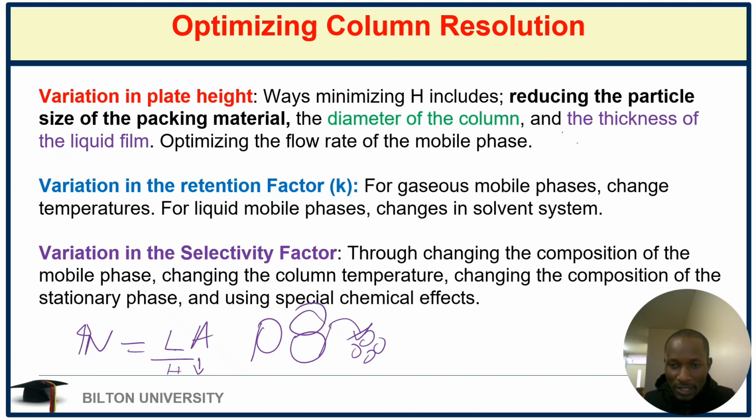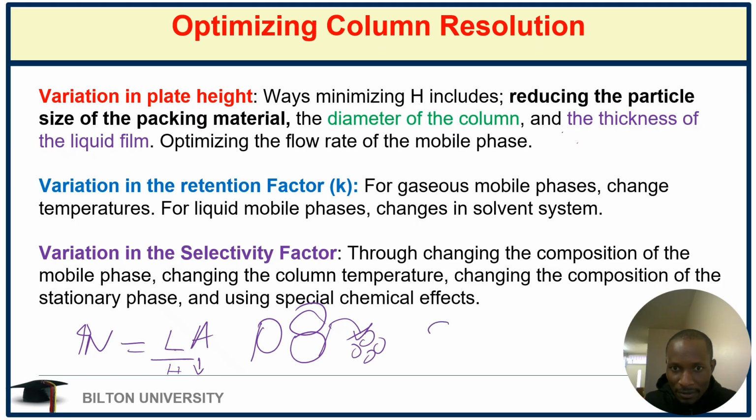Okay, so we need to minimize the size of the packing materials to prevent eddy diffusion, and by preventing eddy diffusion, we are reducing band broadening, and when we reduce band broadening, we are improving column efficiency, that is column resolution. The diameter of the column, so we need to reduce also the diameter of the column,